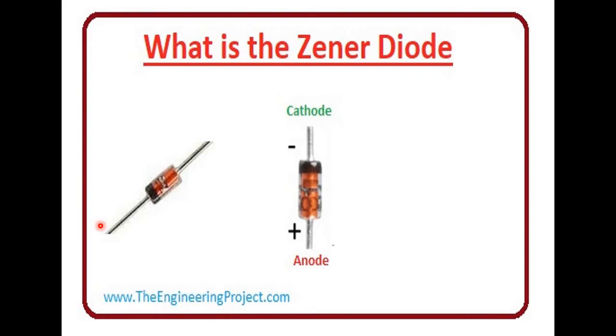Now if such a kind of diode or image is provided to you, then how can you recognize which one is cathode and which one is anode? If a diode is provided to you, yes, maybe through the direction of current. The current is from negative to positive. So like that, just by observing the diode, can you say which one is cathode and which one is anode?